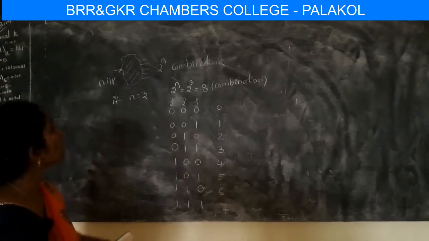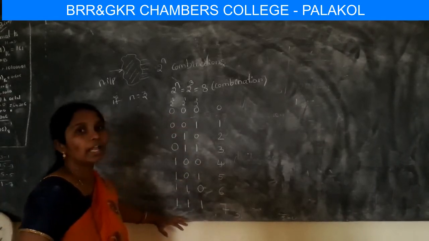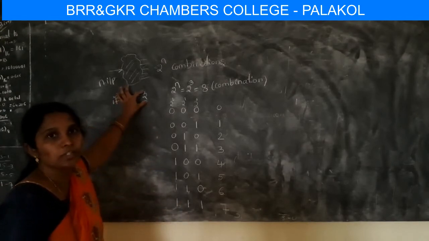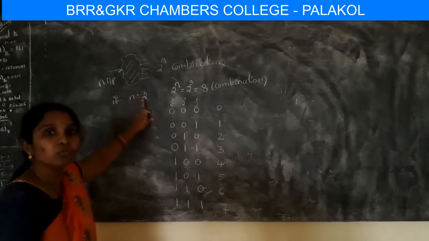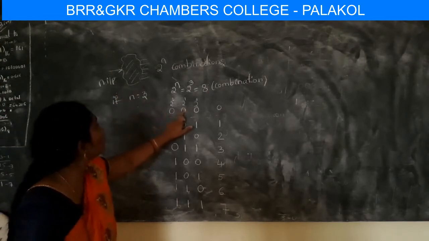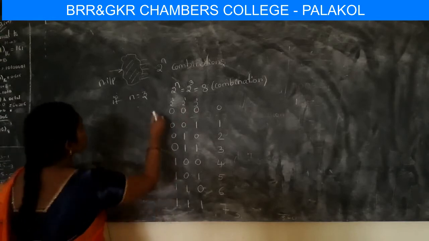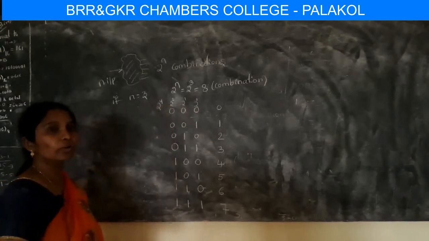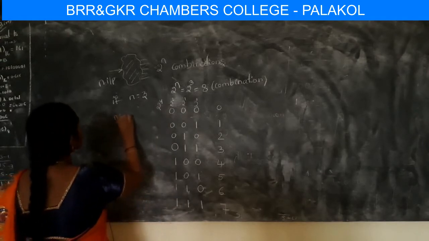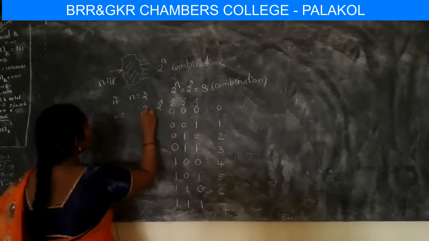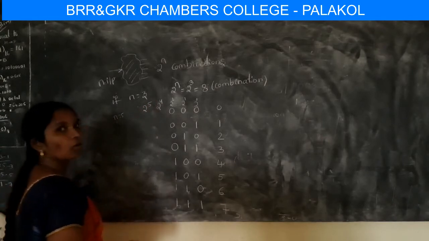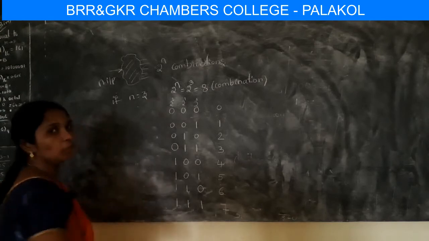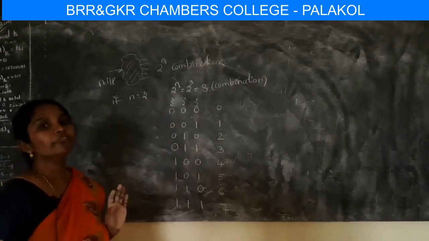So likewise we have to write the number of combinations depending upon applied inputs. So for example if we consider 4 here, that means how many inputs will we take? That is 2 power 4. And if we take n is equal to 5, then we will take 2 power 5 also. So likewise we have to take the number of inputs or the number of variables.